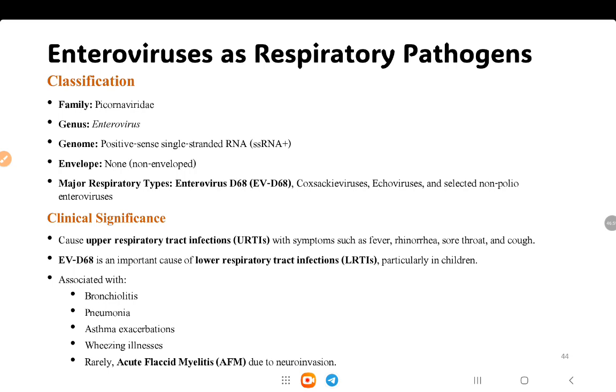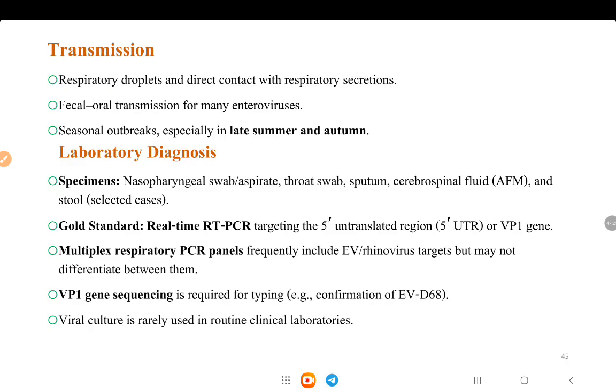Enterovirus D68 is an important cause of lower respiratory infection, especially in children. This virus, like other enteroviruses, is associated with bronchitis, pneumonia, and asthma, and rarely can cause acute flaccid myelitis due to neuroinvasion, because it can reach the nerve cells and cause infection. General transmission of this virus is through respiratory droplets, and for many types by the fecal-oral